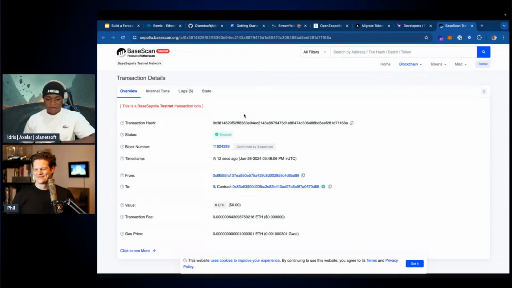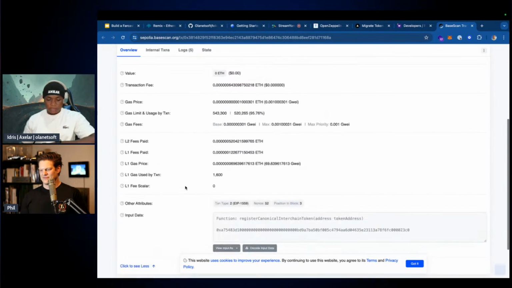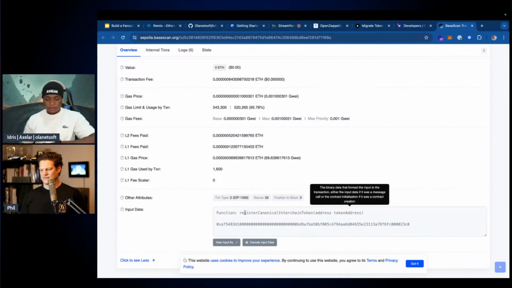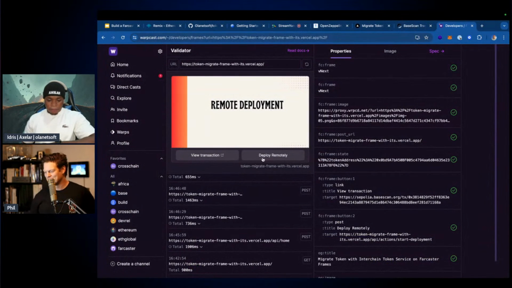You can see here the transaction was successful 12 seconds ago. If you scroll down, you see other details, and also the function that was called to register this particular token as a canonical interchain token, and then the token ID that was returned, right? So let's go back to our frame. We can now move to the next step. We've done